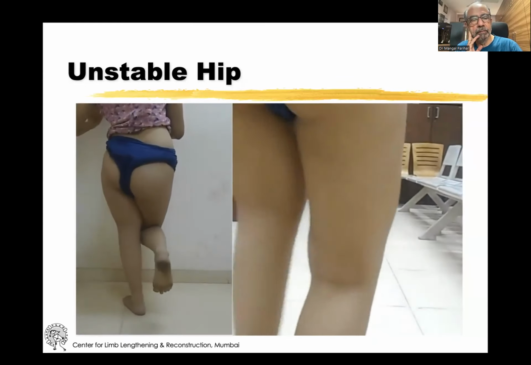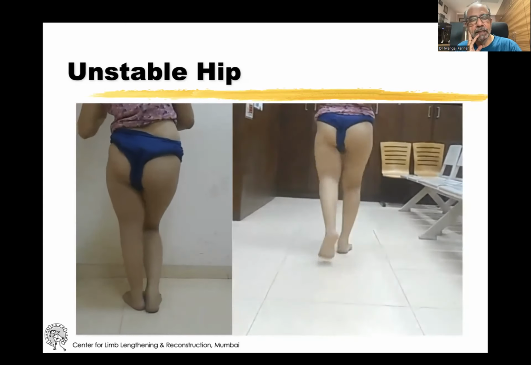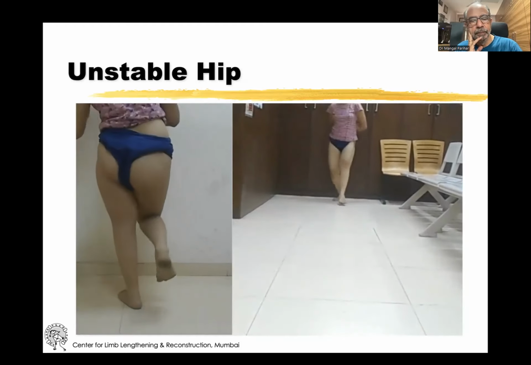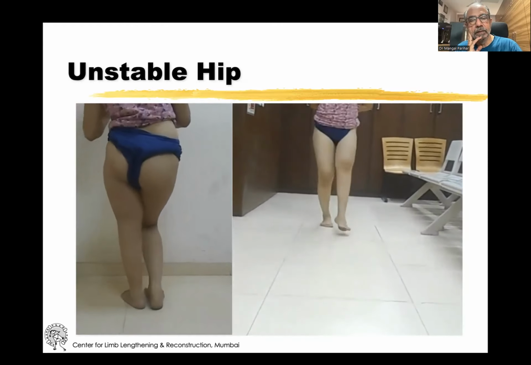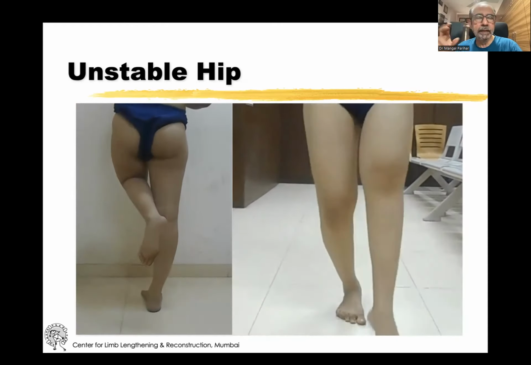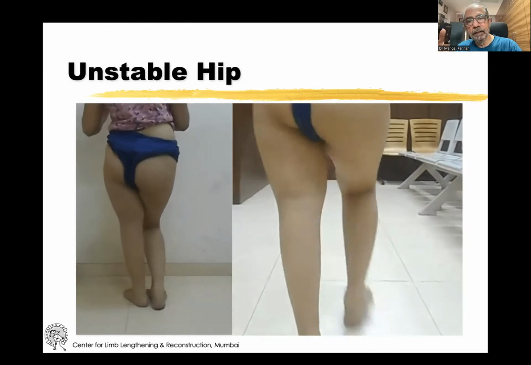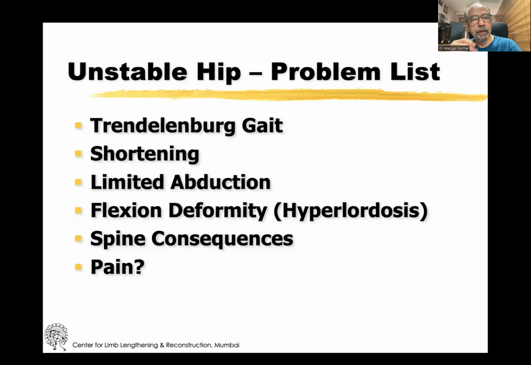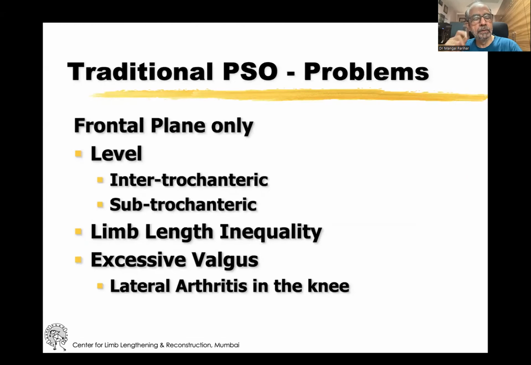The issue here is the unstable hip as well as the limb length discrepancy. Now, you can't just lengthen this, because if you just lengthen it, there's no reason why the knee is going to come down. The trochanter can go up as well. So for that, we need to fashion something which will give stability at the hip also and allow us to lengthen.